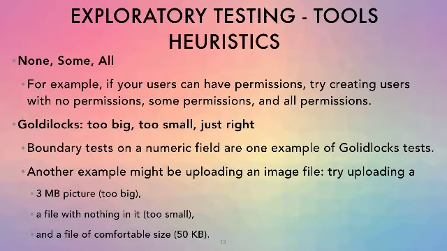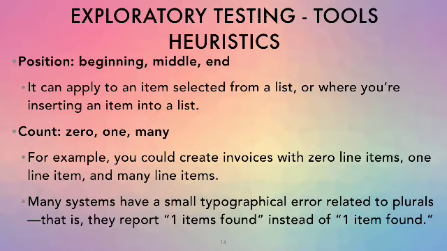This can be applied to a list where you can start inserting your data at the beginning, at the middle, and at the end of a sequence, and then check how your production code responds to each of these three positions. One of the major heuristics used when you try interacting with databases is the 0, 1 and many principle. The 0, 1 and many principle helps you to identify errors when you try to insert 0 elements, 1 element, or many elements in your software.